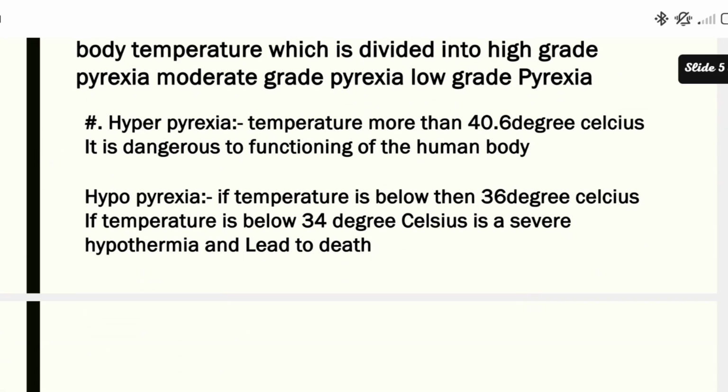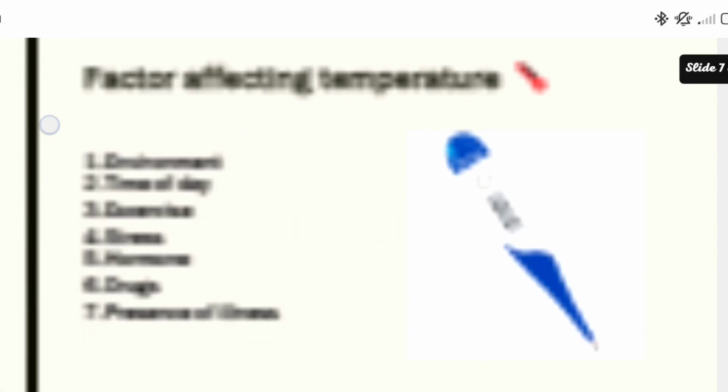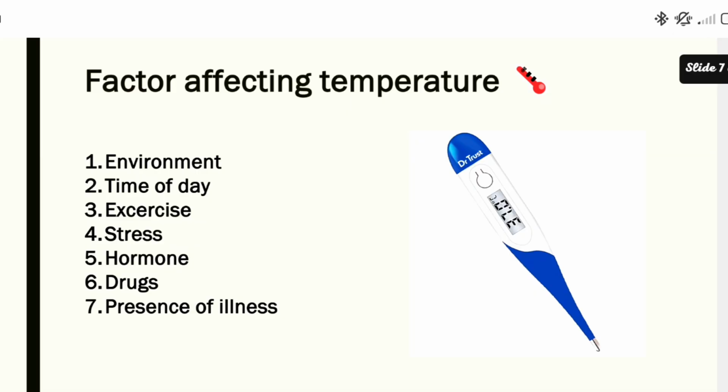Okay, so hyperpyrexia, hyper and hypo. Hyper means increase, hypo means decrease. So hypopyrexia means the temperature is below 35 degrees Celsius. If the temperature is below 34 degrees Celsius, it is a very severe hypothermia case, and this case leads to death. Okay, and then we continue with factors affecting temperature, like environment, cold season, summer season,